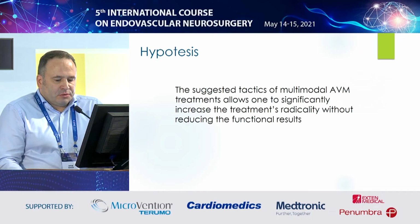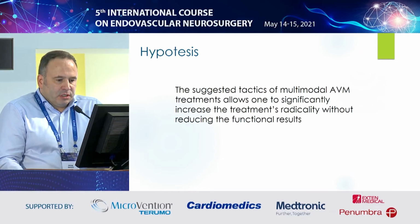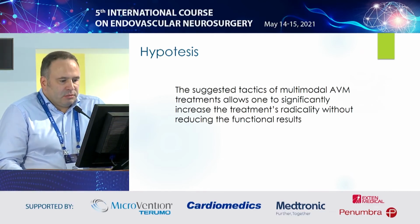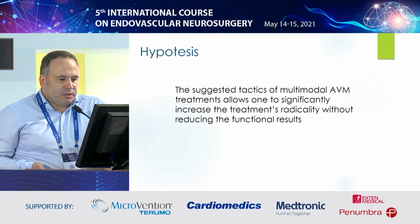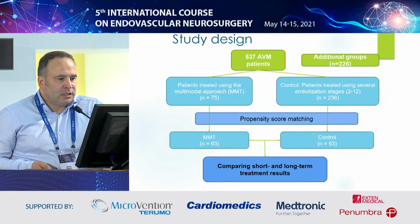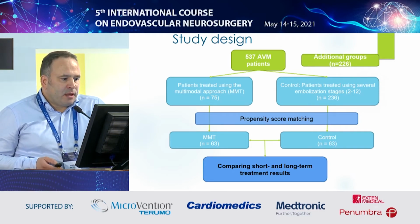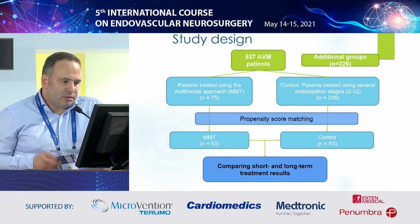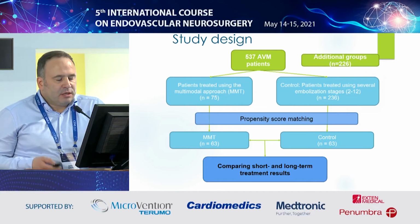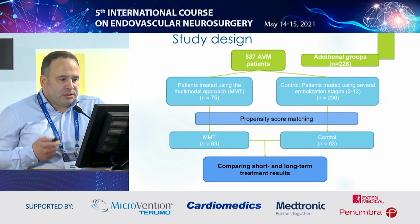whether such an aggressive application of several methods at a time makes this method the most invasive technique than embolization. And in our study, we decided to see if this kind of approach increased the number of complications. By the time we had operated 537 AVMs, and those patients were randomized into two groups